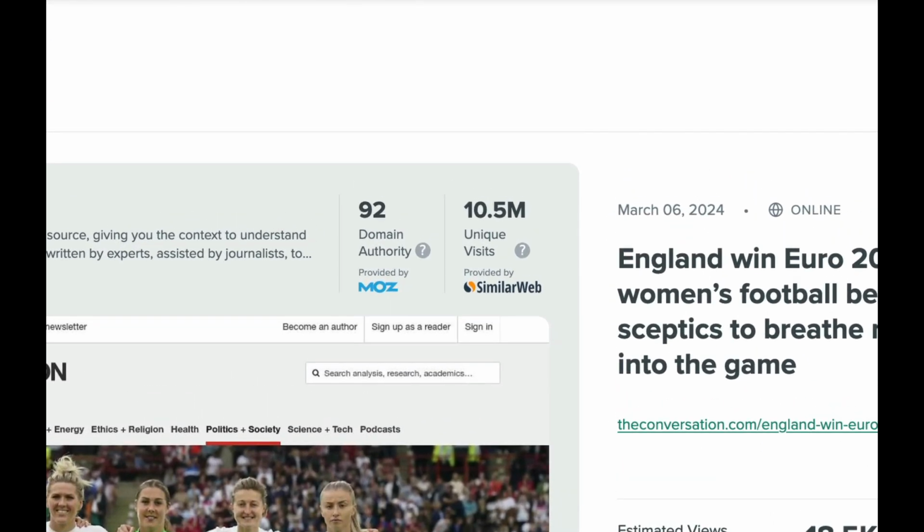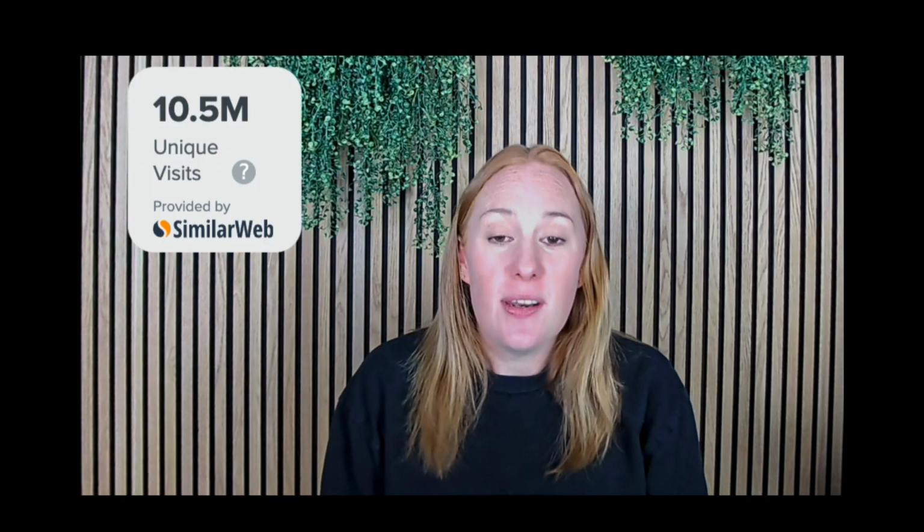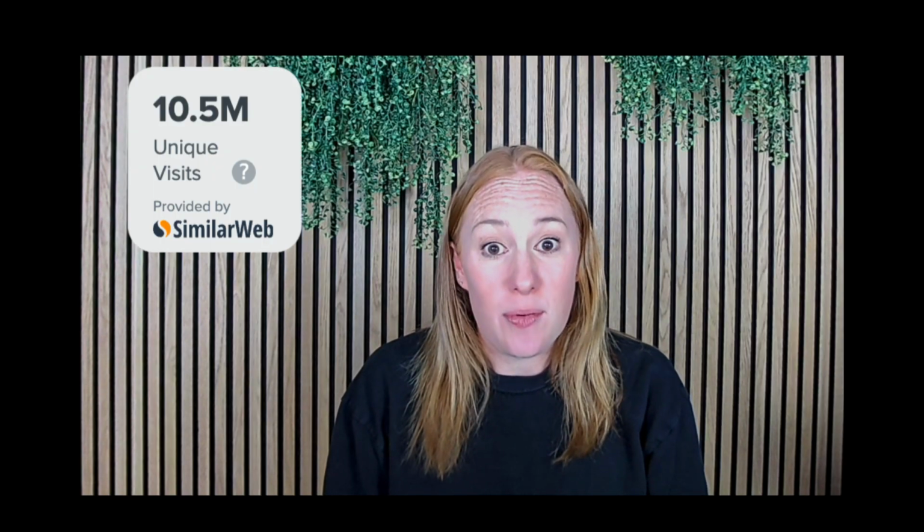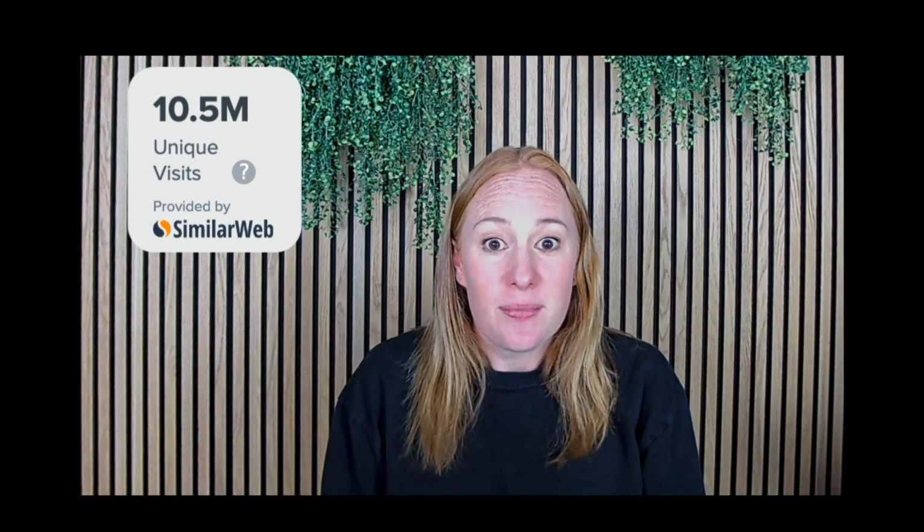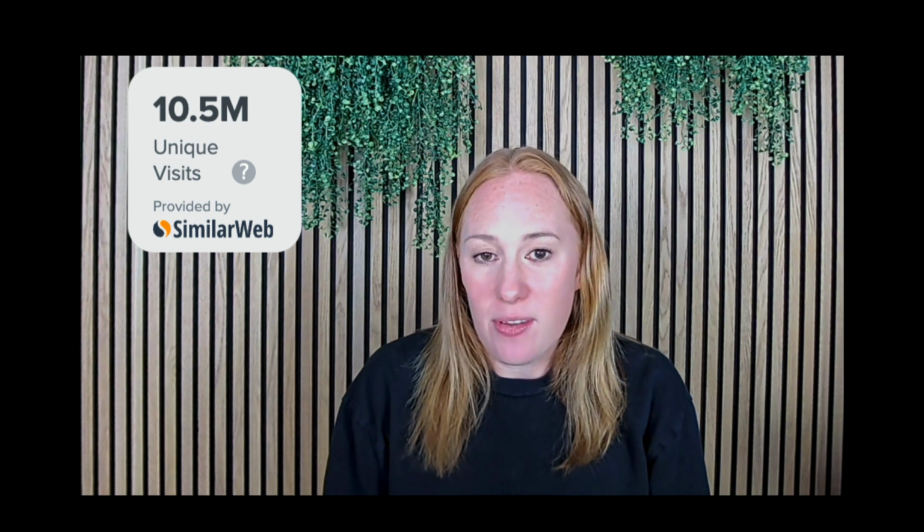So let's start with these top publisher level metrics. Now, unique visits look at how many different people visit that website over the course of a month. For this, we use SimilarWeb. We have found of all our research that is the most accurate provider of website traffic data. We also know that this does fluctuate over the year, so we use 1 month prior to when you insert